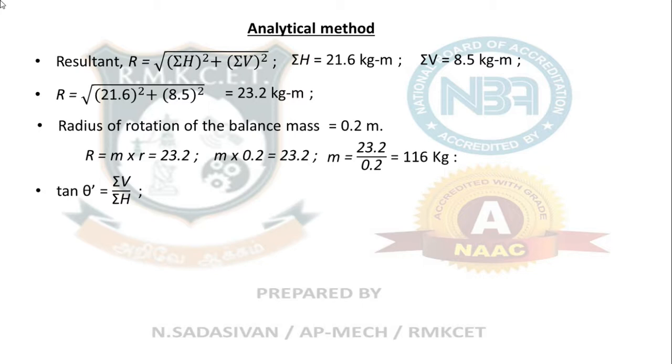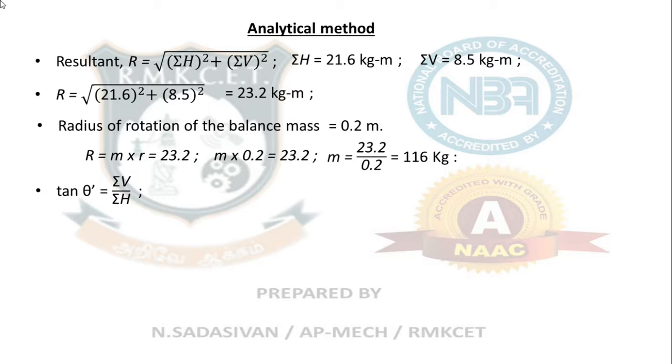Graphical is very easy. The direction of this mass, in which theta I have to put it, that I am going to find out. Tan theta equals... first what I am going to find out is the direction of the resultant force. Direction of the balancing mass is plus 180 degree, that you have to remember always. Don't forget. Whatever answer you get with these formulas, plus 180 will give you the direction opposite to the resultant force. Diametrically opposite, you put the balancing mass.